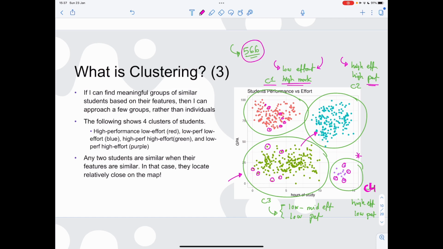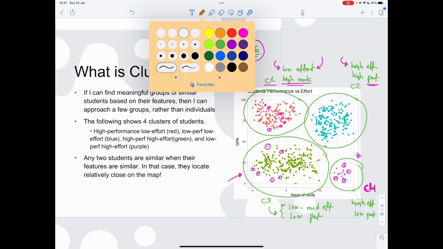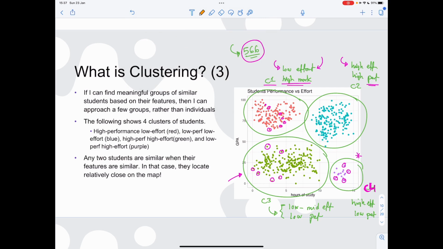But in any case, the moral of the story is, instead of going through all the profiles, I used clustering to find a few meaningful clusters. And these clusters are seemingly good ones, okay? We will define a proper way to evaluate the goodness of clustering. And why I'm saying that these are good clusters, because